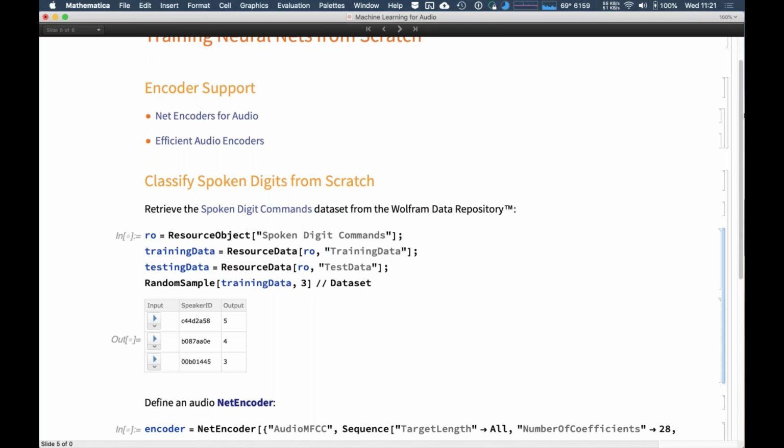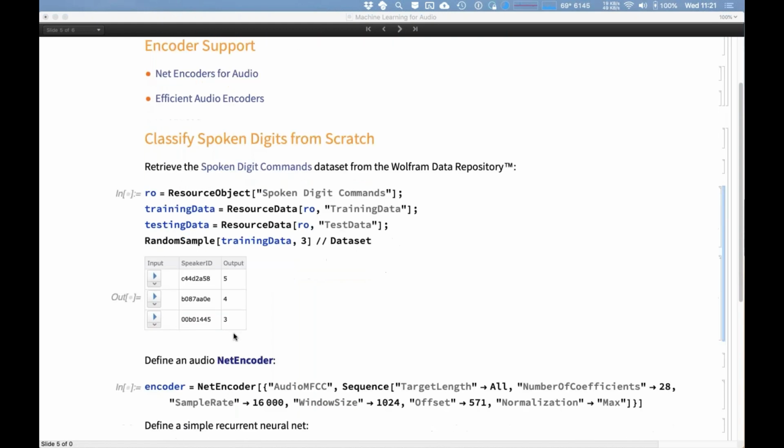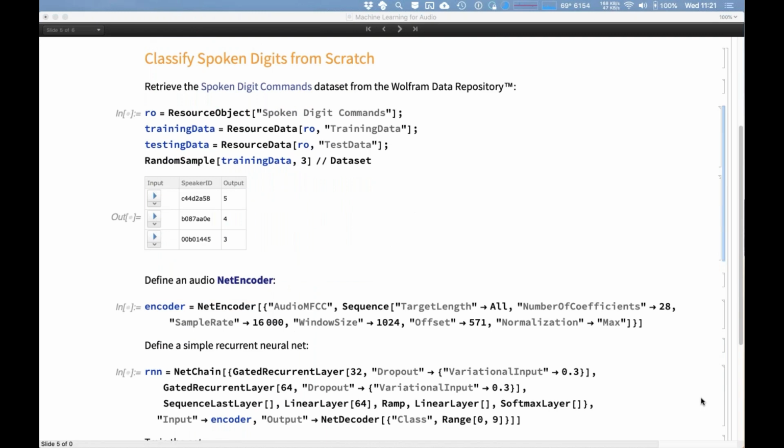So here I will show you a quick example about training a neural net from scratch. Here I am grabbing the spoken digit commands dataset, which is essentially an audio version of MNIST, a collection of audio objects with spoken digits from 0 to 9. We can define an audio encoder.